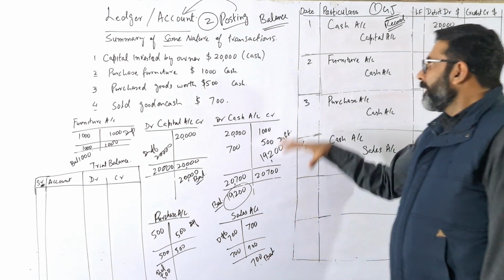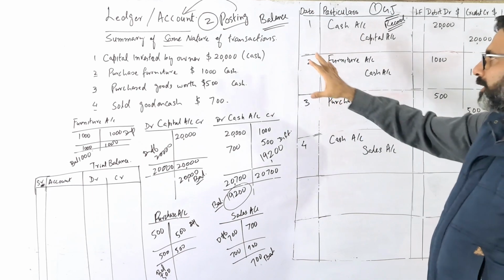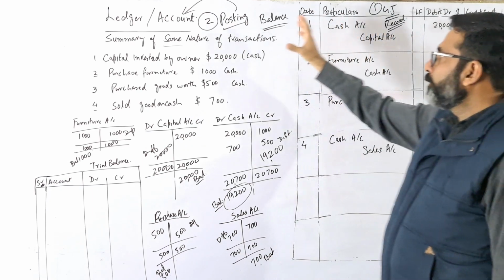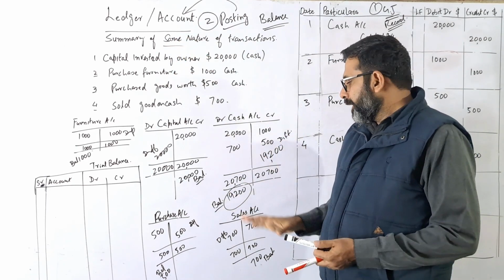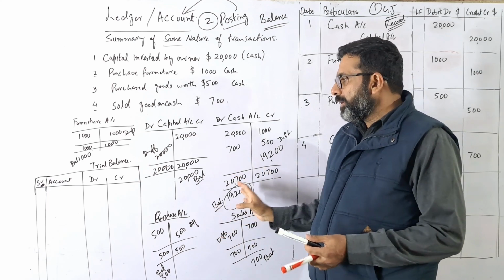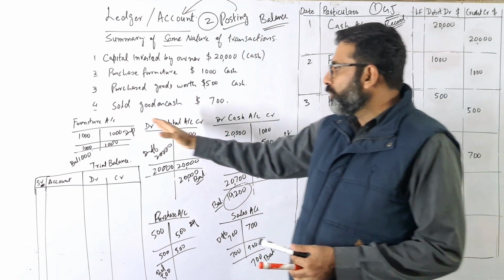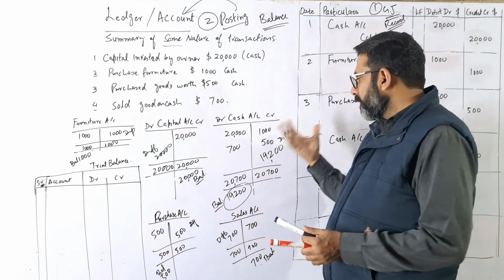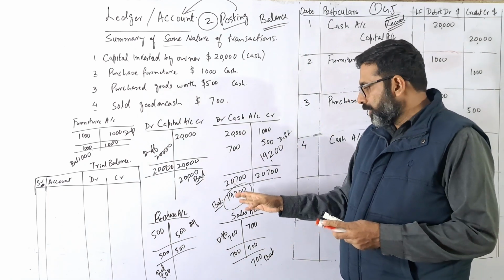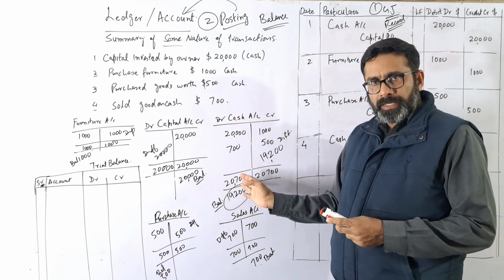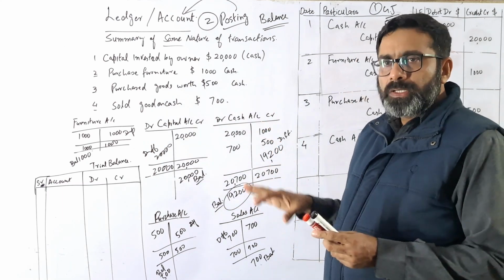Students, we have recorded 4 transactions. Cash was debit or credit. From these transaction records, we have posted these transactions into the ledgers or accounts, debit or credit. Then after that, we have calculated the balance of each and every account. So 4 transactions were there, 5 different accounts were affected, and then we calculated the balance of each account. So the cash account has a debit balance, and the capital account has a credit balance. So from all these accounts we have